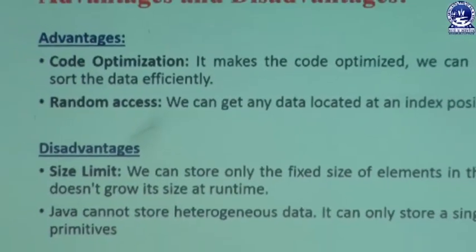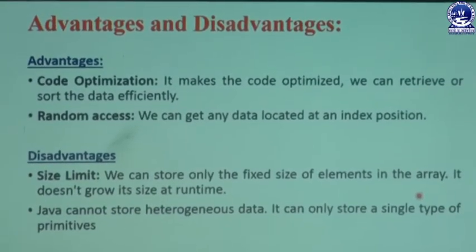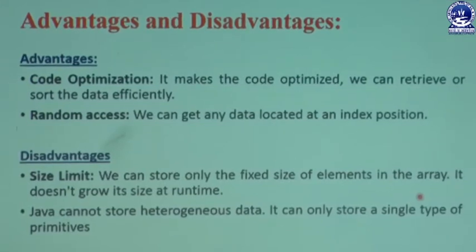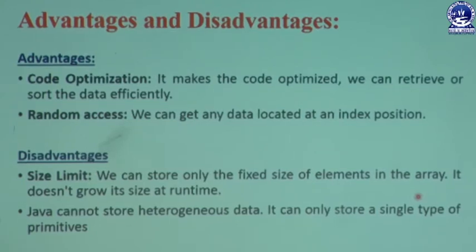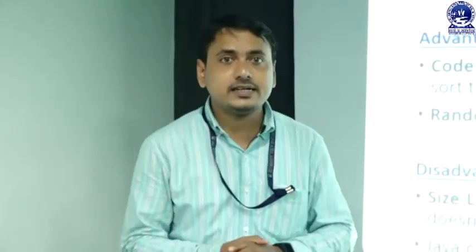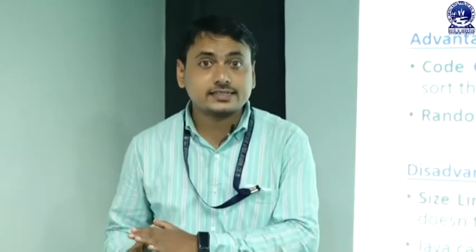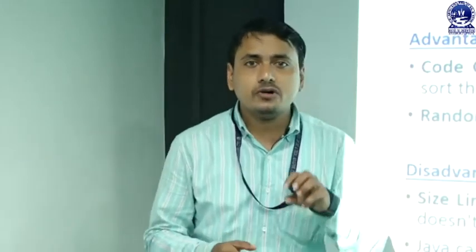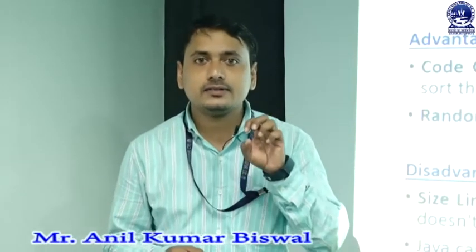Next we can learn what the different advantages are in our array concept. The first advantage is code optimization. Due to code optimization, it provides a specific environment or interface through which you can easily retrieve or sort the data efficiently. A user can store homogeneous, that is related, types of elements in a single variable, stored in a contiguous manner. Due to that way of accessing, it helps us to find specific elements in a program very quickly.